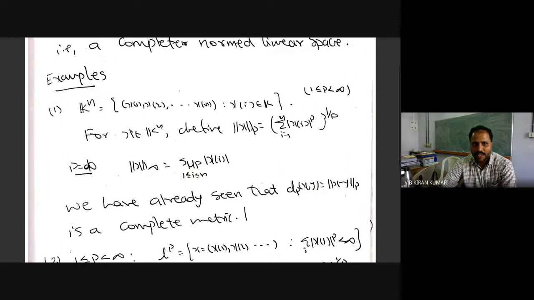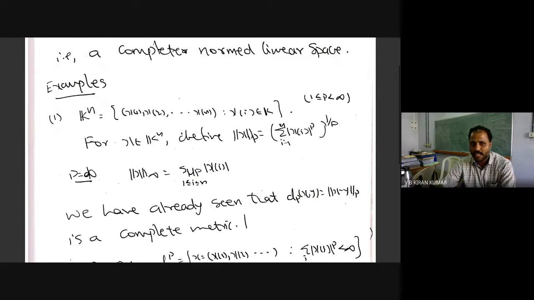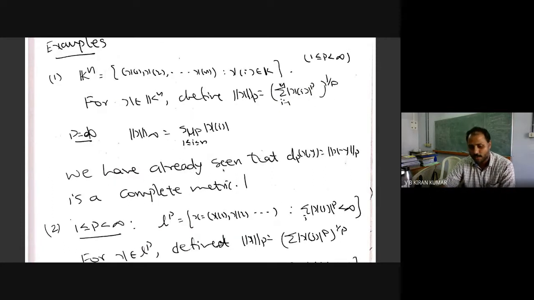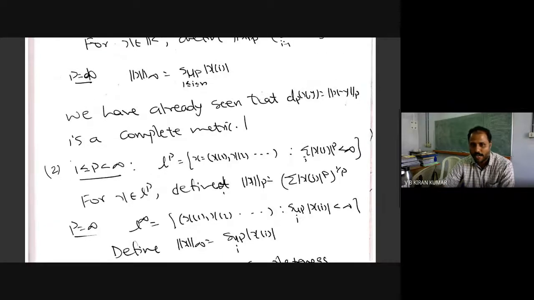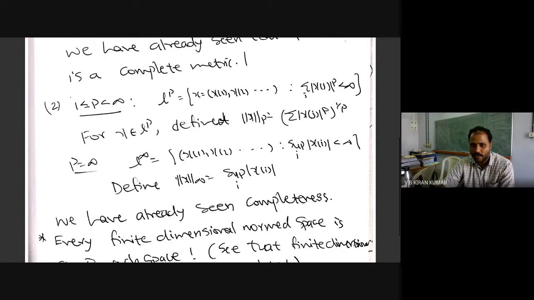In fact, regarding the first example, you also know that this is a finite dimensional vector space, right? So every finite dimensional normed space will be automatically complete, because just now we have seen in the last lecture that any finite dimensional vector space can be identified as Kn by some linear map, right? With that identification, since Kn is complete, the same thing will be true for any finite dimensional normed space. So this example tells you that all finite dimensional normed spaces are complete with respect to any norm. So they are all Banach spaces. Now l^p is a Banach space, l^infinity is a Banach space.